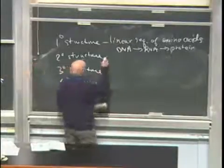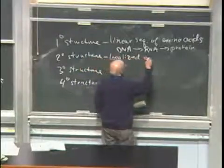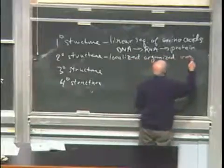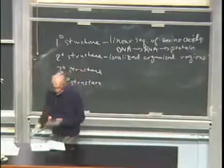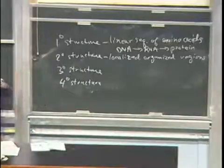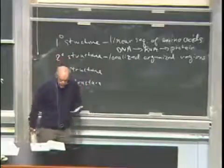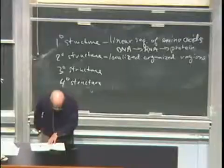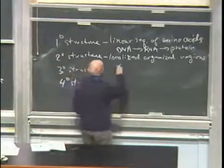The secondary structure: localized, organized regions. What do I mean by that? It means within protein molecules, there are areas where the structure, the amino acid sequence, allows there to be organized structures. And the two kinds of structures that can exist here are known as alpha helices